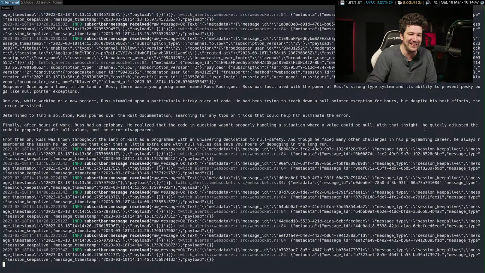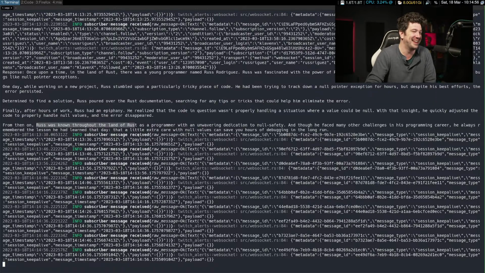With that insight, he quickly adjusted the code to properly handle null values, and the error disappeared. Russ was known throughout the land of Rust as a